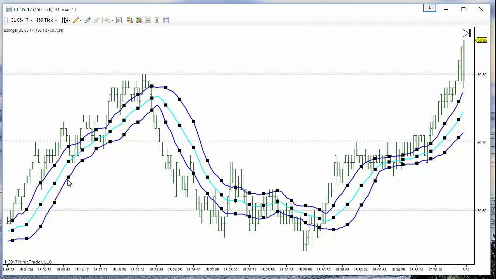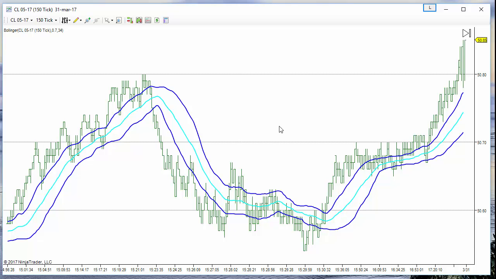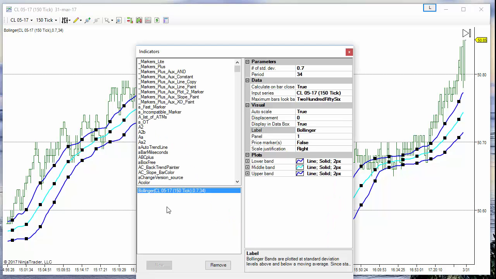We can optimize the sensibility by making the width or the size of the channel bigger or smaller, but now this setup is much faster than the previous, but we only need 2 parameters to configure this system: the period of the simple moving average and the multiplier of the standard deviation. So for this setup we only need a standard Bollinger. I will use a multiplier of 1,